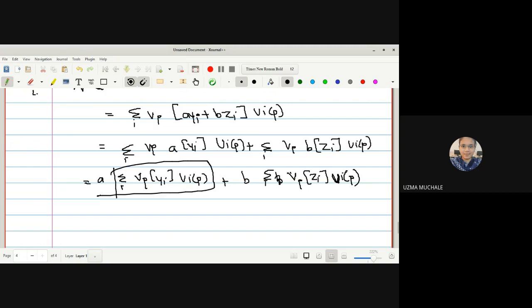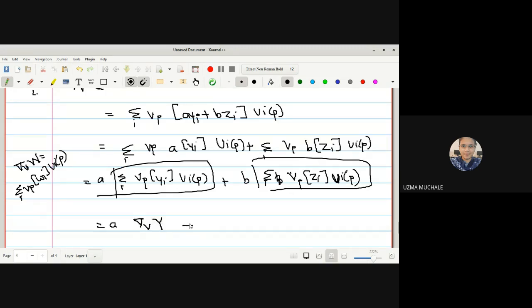Now what is the value of this one? Again by using a formula. Okay, what is the formula? I will write down once again. You also have to write it, otherwise you cannot write down all these properties in your theory exam. It is summation over I VP WI UI at a point P. Okay, A outside, so VP is as it is, instead of WI here VI. So what I can write, del V Y plus, okay, next P as it is. Again we have del V Z.